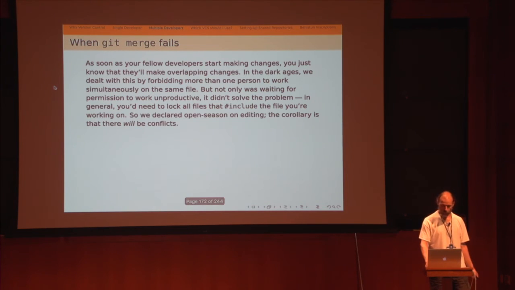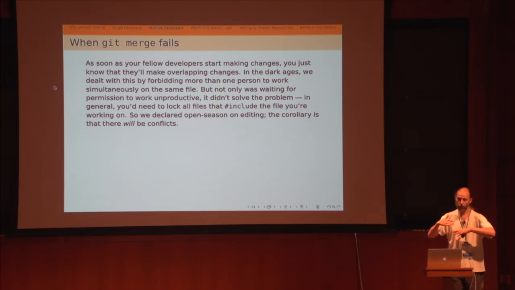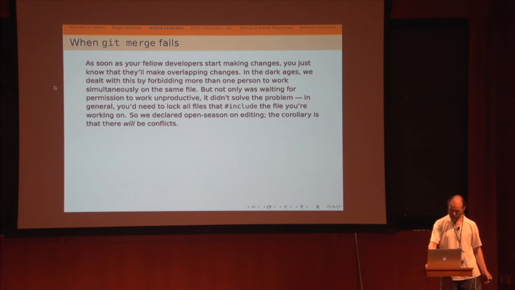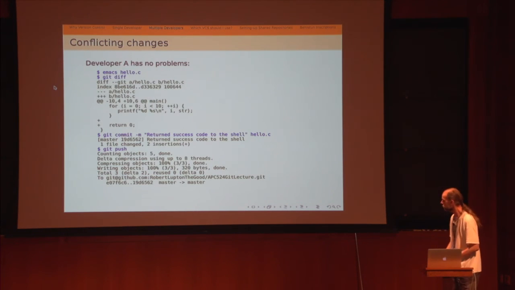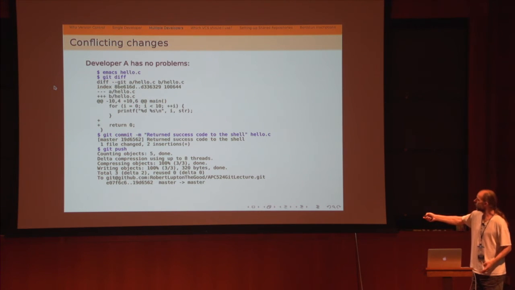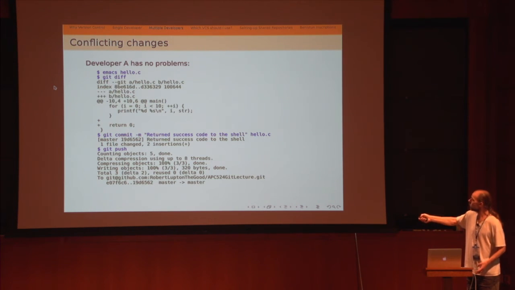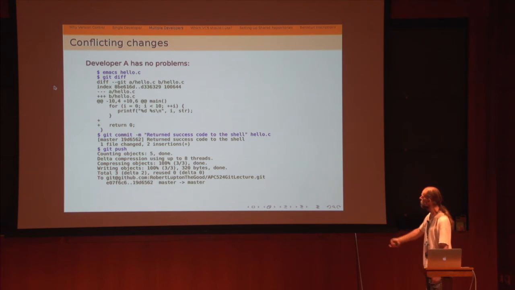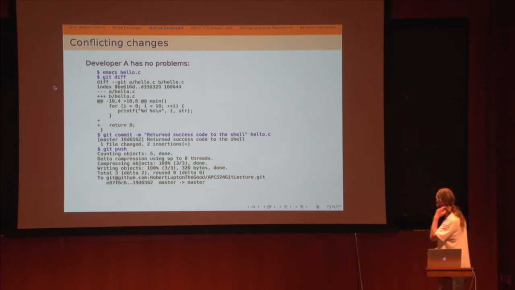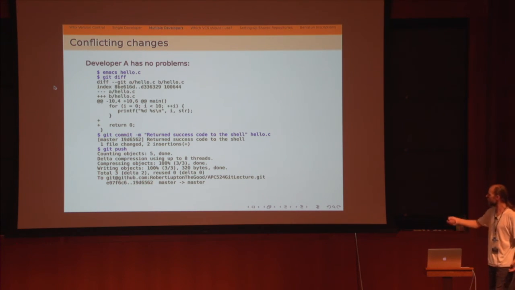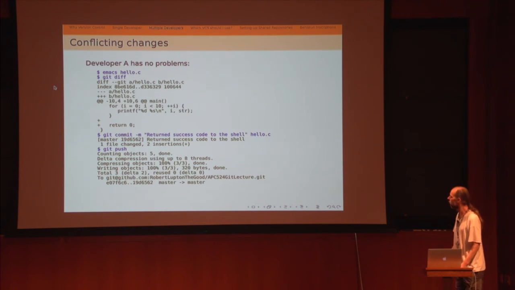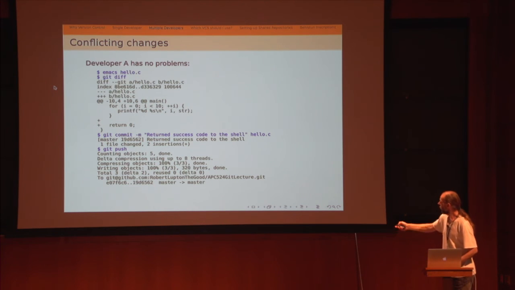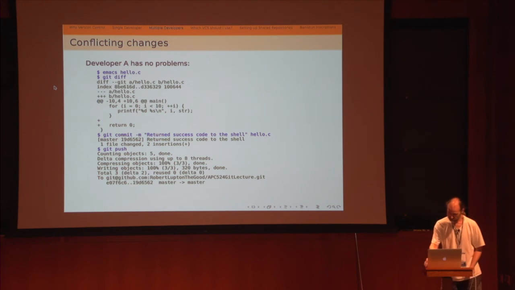So now you're allowed to get conflicts. I change this line and you change it too. Here's an example. I go in and say I'm going to add return 0 at the end of my main program, which returns the success code to the shell. I think, in fact, the C standard defaults to that, but developer A didn't know that. That's fine. I commit it. I specified a file name, so I didn't need the -a. I do a push. Everybody's happy.